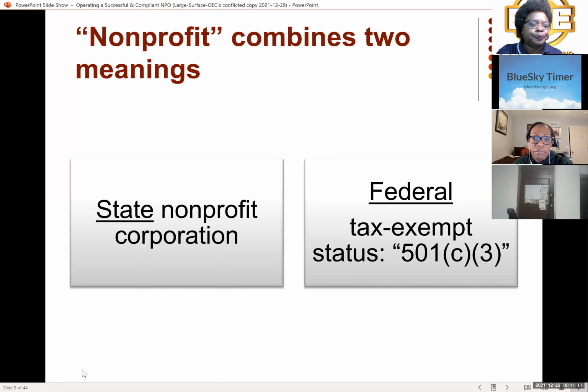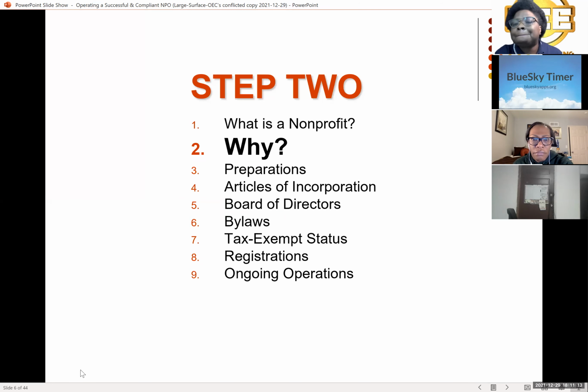Okay. Yes. I have a quick question I should have asked on the previous slide. Where do you fit in that chain as far as the board? Where does the owner, the creator, so to speak, fit? That's up to you. You can either stay on the board or you can be an executive director, and executive directors are the managers and are the non-voting member of the board because you report to the board. So as the founder, that's up to you. Okay, thank you.